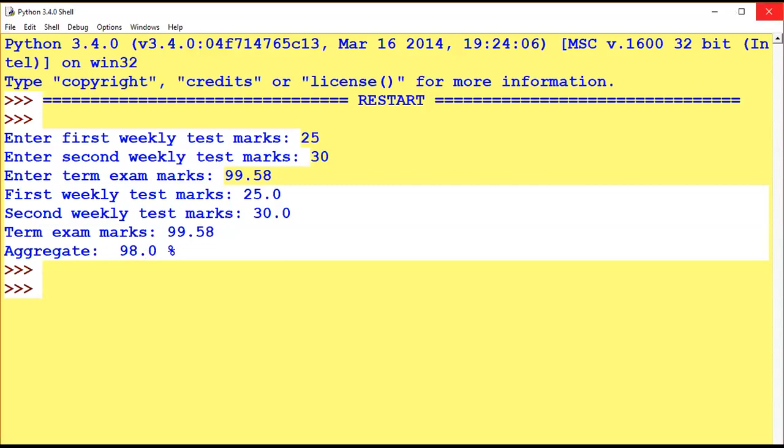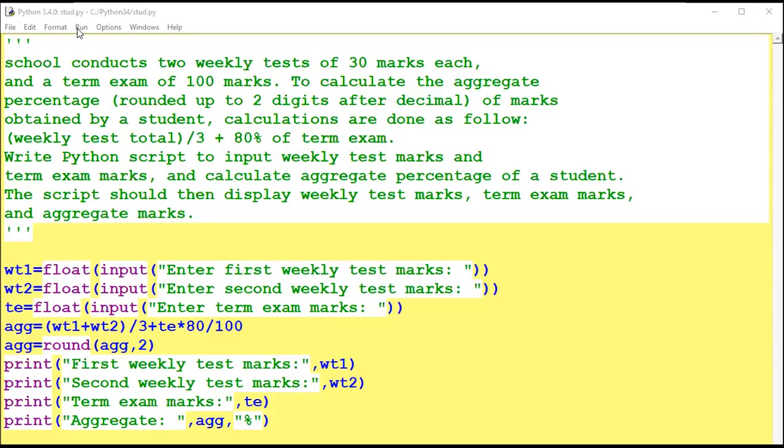I'm running again. See the difference. So first I am writing 29.67.